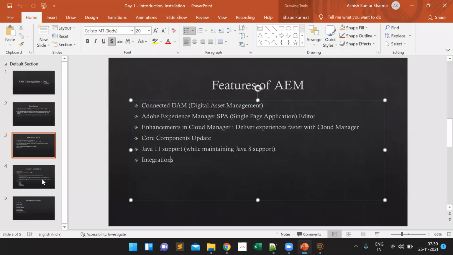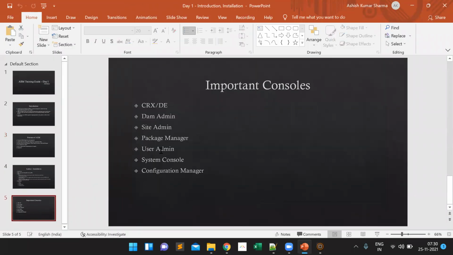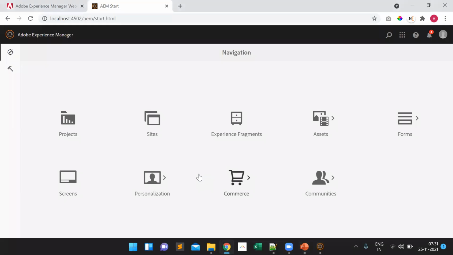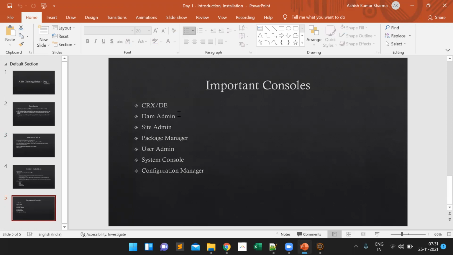Even though you are an author, you may not use CRXDE, you may not use package manager, user admin, system console and configuration manager, but to understand the entire AEM as a whole system, you need to know what all these things are, how you access them, and what functionality they serve. Let's first start with this one,